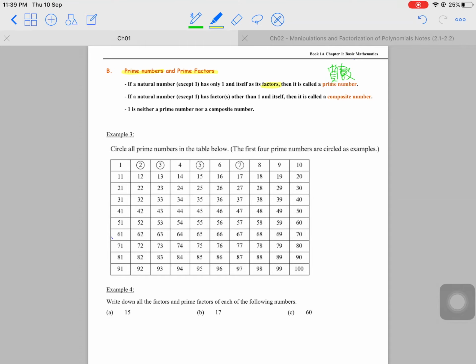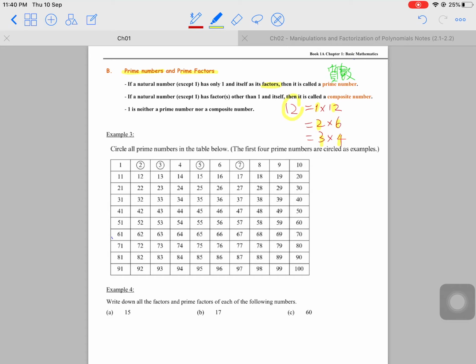So what is a factor? For example, 12 can be equal to 1 times 12. It can be equal to 2 times 6. It can be equal to 3 times 4. So all of these, we say they are factors of 12. 因數. 1, 2, 3, 4, 6, 12 are factors of 12. 係12嘅因數。